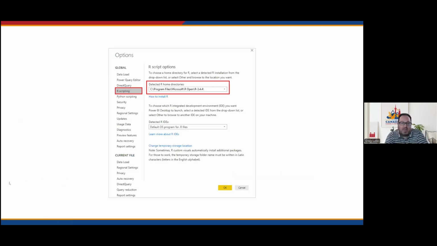Once you open up the desktop version of Power BI, you'll need to go to File, you'll need to go to Options. Once you head to File and once you head to Options, you'll need to tell it the home directory of all of your R directories. So a lot of times it will detect it. You'll be able to click the drop-down and see the directory. If not, you'll have to put the value in there yourself. But either way, you're going to have to tell it exactly where that directory is. Then, from there, you can go ahead